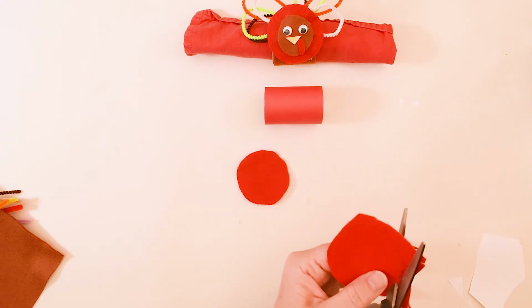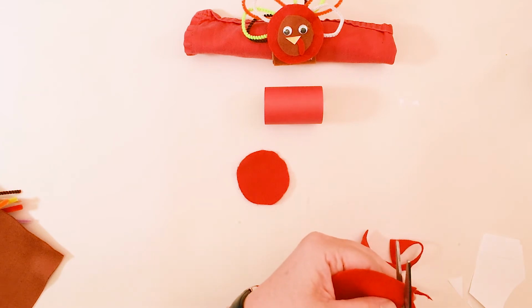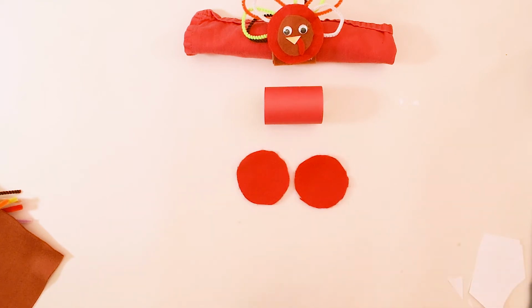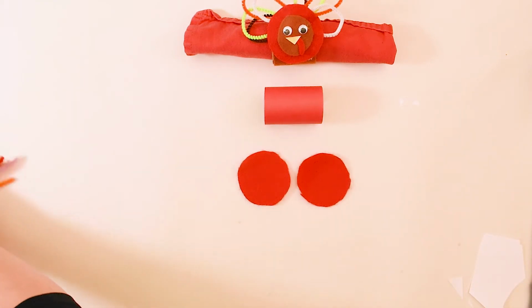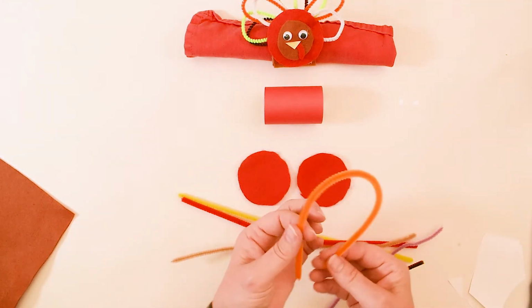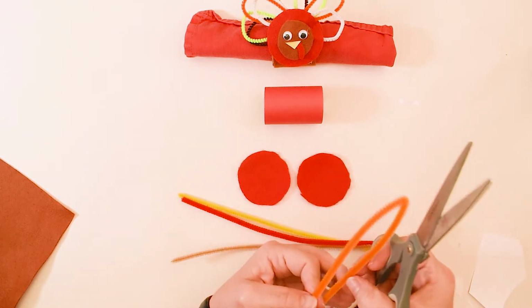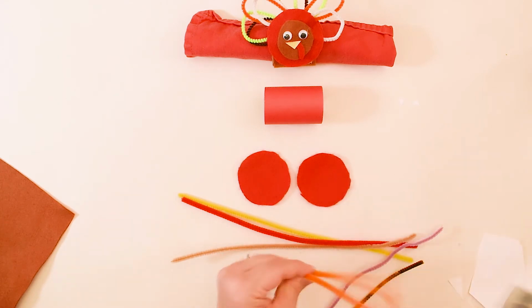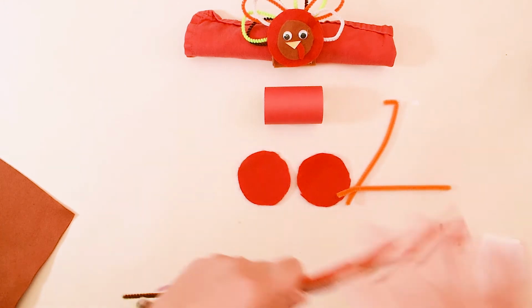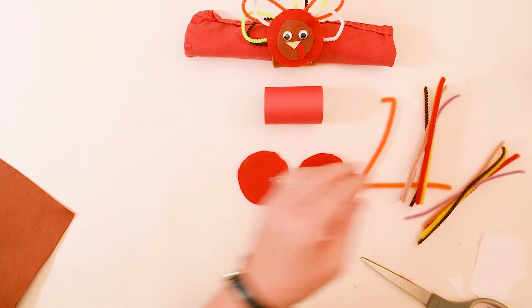Okay, so we've got our 2 red circles. Now with the pipe cleaners, again, use whatever colors you want. I have a pretty bland looking autumn colored turkey guy going here. Okay, I brought some purple along. That guy's got some green and orange. But I found with a regular length pipe cleaner, I just cut it in half, give or take, right about half. Nobody's gonna check. And if they do, well, have fun, y'all. This is probably more than I need, but what the heck? We'll be ready. So, cut your pipe cleaners in half